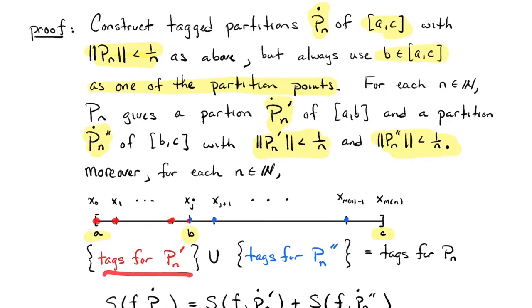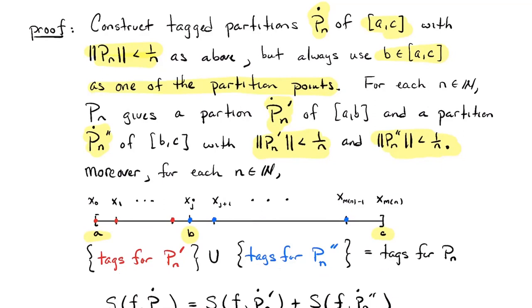They're always the left endpoints. So the red tags are the tags for Pn prime. And then I'm highlighting in blue the left endpoints starting for the subintervals that are in the interval from B to C, right? So those are the tags for Pn double prime. And the picture is supposed to show us that those tags together, union together, to give me all the left